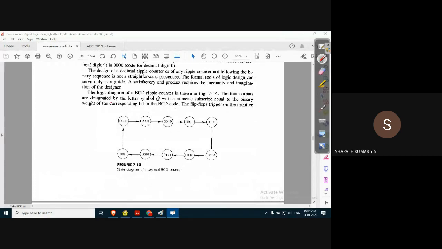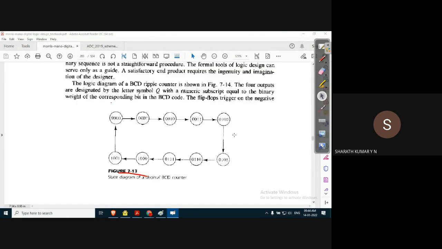The same thing is shown in the form of a state diagram. So last class we understood what a state diagram is. A state diagram is nothing but the transition of one state to another state in counters. Okay, so the initial counter, if you start with 0, see again, the point is very simple, guys. A counter need not always start with 0. We can start with 0001 or 0100 also, that is possible, no problem. So this can be the initial state. How to change the initial state of a counter, we'll discuss that also.